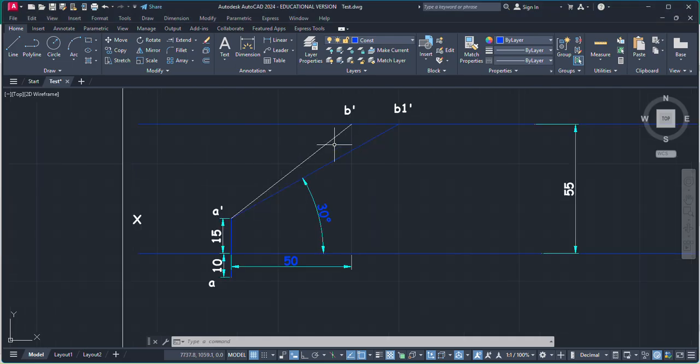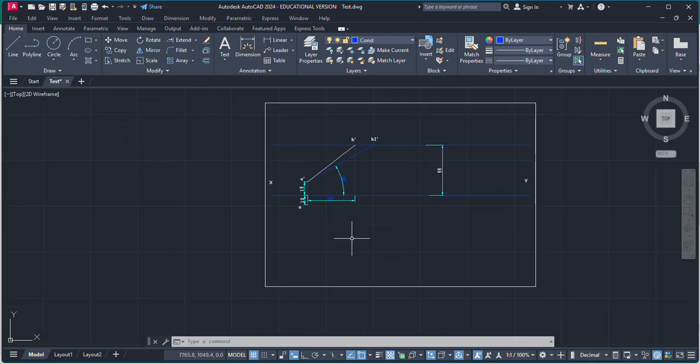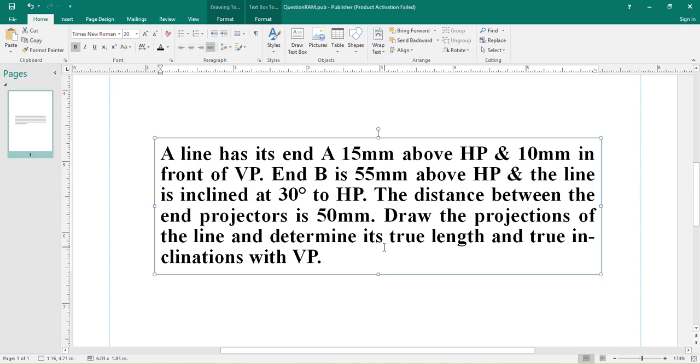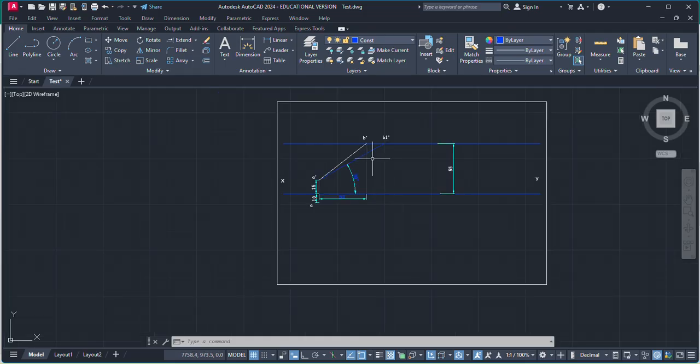Now we have true line and apparent line in front view. So with these two lines, we have to find out our apparent and true line in top view. Now draw the projection of lines and determine its true length and true inclination with VP. So now what we're gonna do is use this apparent line to find out this apparent line in the top. Okay, so I'm just going to